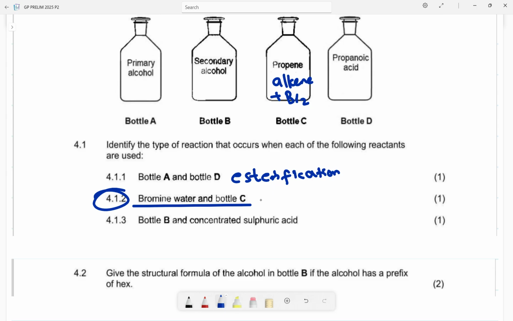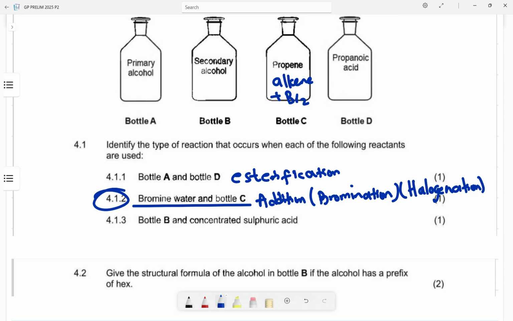We are adding bromine water, so you can say it is addition, or more specifically, bromination. Or if you do not know the type of halogenation addition, it is halogenation. We are adding halogens. So there are three possible answers that you might give. I just stick with addition if they did not require the specific. Okay. 4.1.3, bottle B,